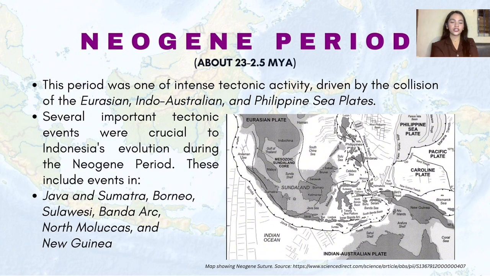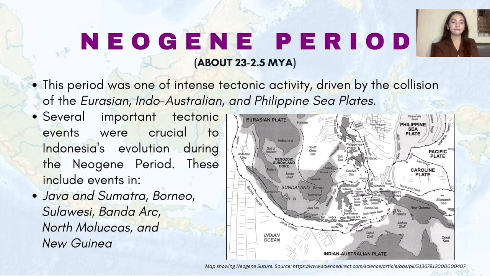Sulawesi's complex geology reflects its location near the junction of multiple plates. It experienced significant deformation and uplift during the Neogene due to the transpressional forces. The island's distinctive shape is a direct result of these complex tectonic interactions, with multiple fault systems creating its four peninsulas. Banda Arc. The Banda Arc, located east of Java and Bali, is a complex arc system formed by the